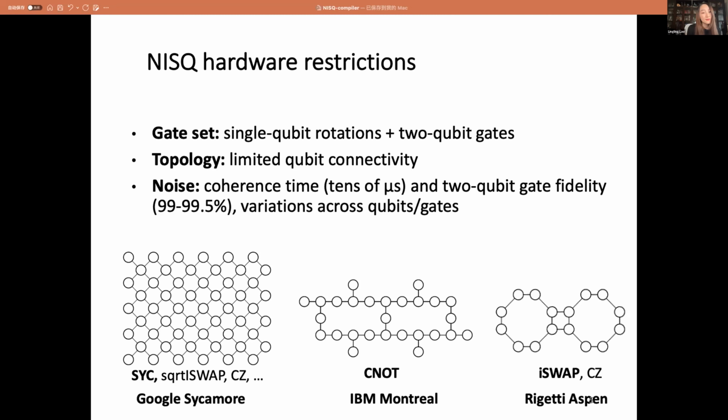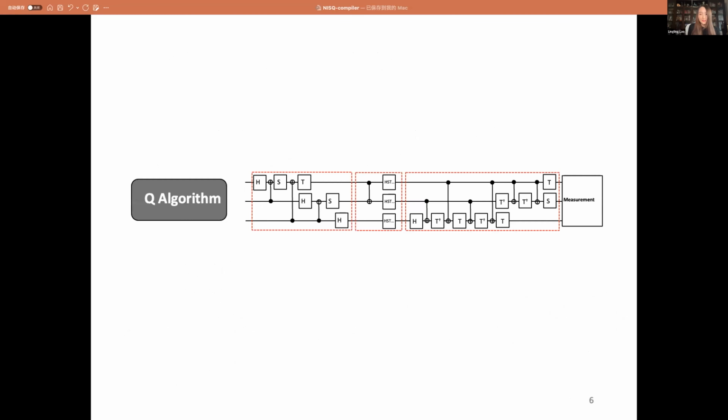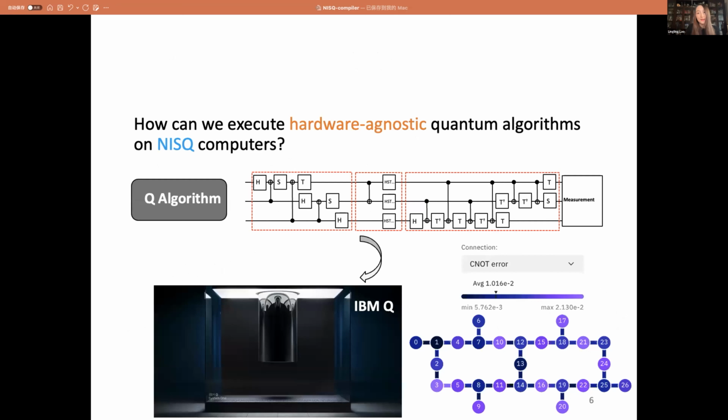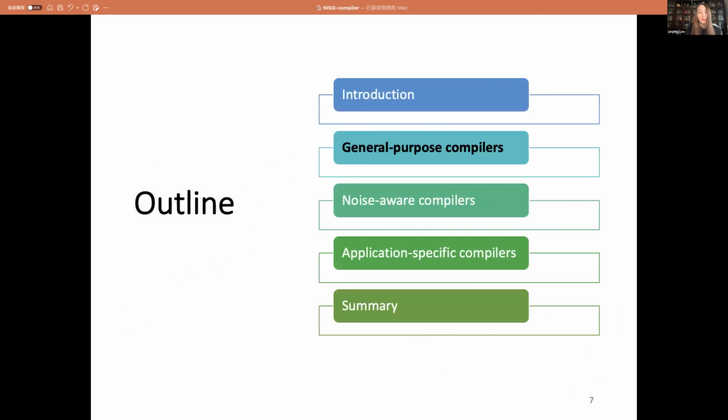This noise also varies across qubits and gates. So the question is, how can we execute our hardware-agnostic quantum algorithms onto real quantum devices which have many hardware limitations? The answer is to use a quantum compiler.